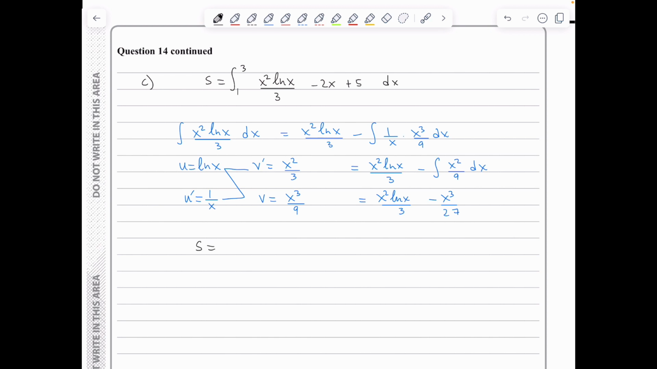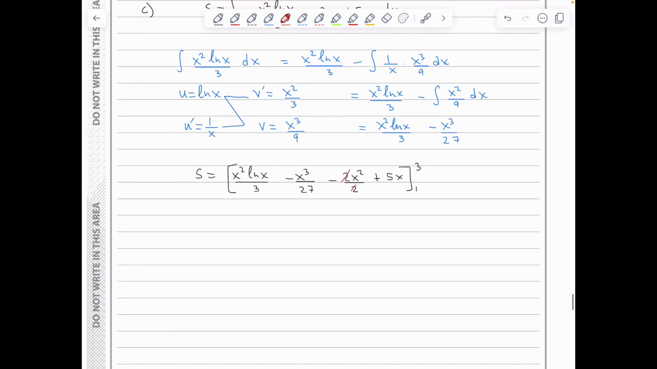and therefore we have that S, the integral shown here, is going to be the answer we just found: x squared ln x over 3 minus x cubed over 27. We've got the integral of 2x, which is 2x squared over 2. We've got the integral of 5, which is 5x, and the limits are 1 and 3. We notice that the 2 with the 2 will cancel out, and therefore I will substitute the upper limit of